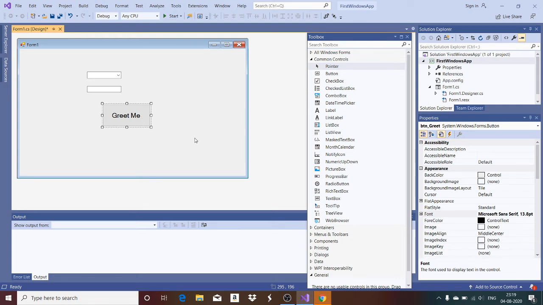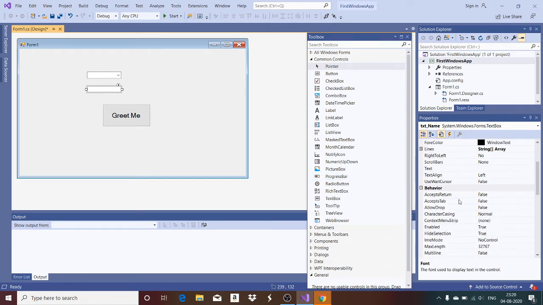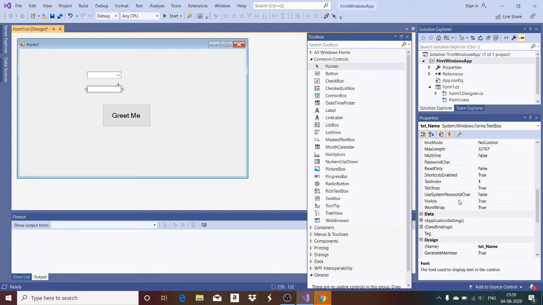On the button. The same way, suppose for example you want to have a default value given in the text box. You click on the text box and you can set the text.